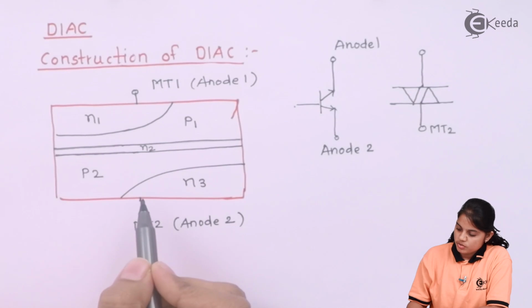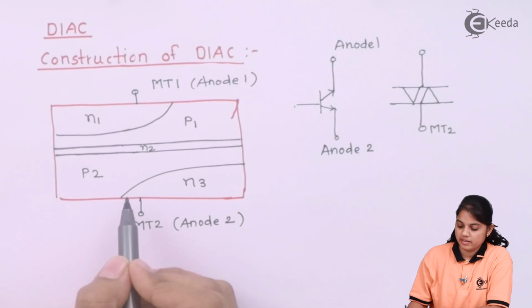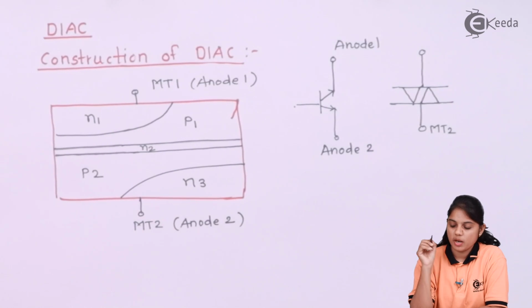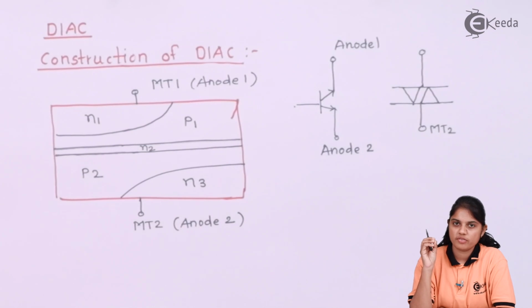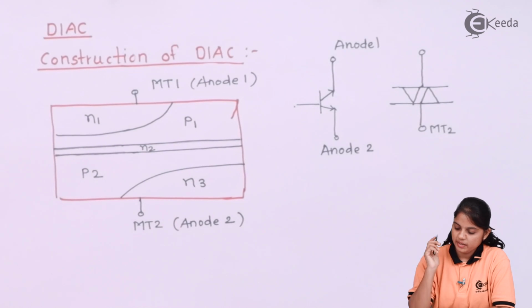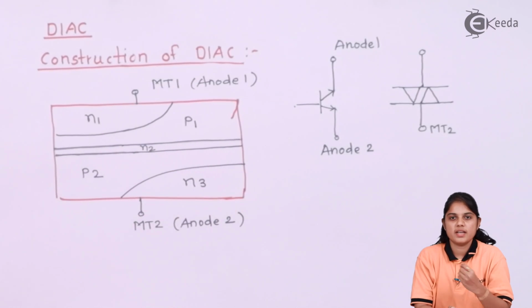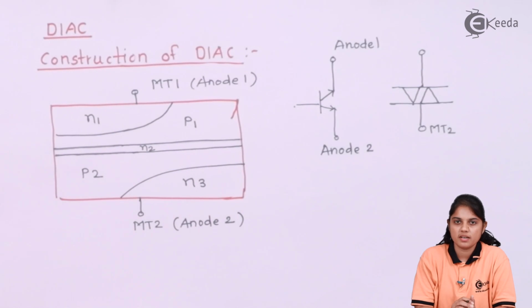So here we are going to see how it is going to work, because the gate terminal is missing. If you compare this particular diagram with a TRIAC construction, there was one terminal, the gate, which was the controlling terminal. So the VI characteristics of DIAC are going to be different. The only advantage of the DIAC circuit is it will be on in a positive half cycle as well as a negative half cycle. In a positive half cycle, it will give me the conduction characteristics in the first quadrant, and in a negative half cycle, it will give me the conduction characteristics in the third quadrant.